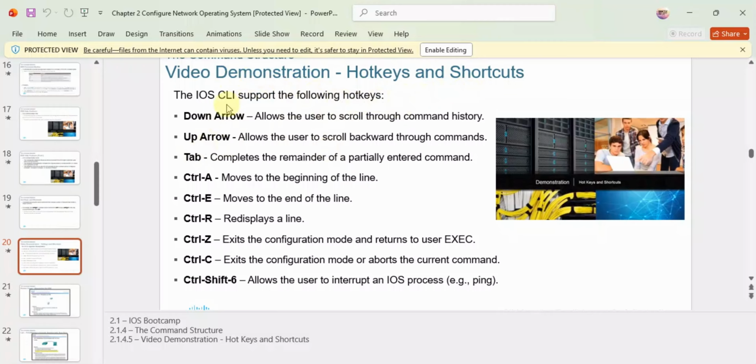So these are the hotkeys and shortcuts. The arrow keys allow the user to scroll through the command history. It shows you the previously typed command. Down arrow, the next, and then up arrow, the previous. Tab is used to autocomplete. For example, to master these particular commands, you always use tab to autocomplete. Control A moves back to the beginning of the line. Control E moves to the end of the line. Control R